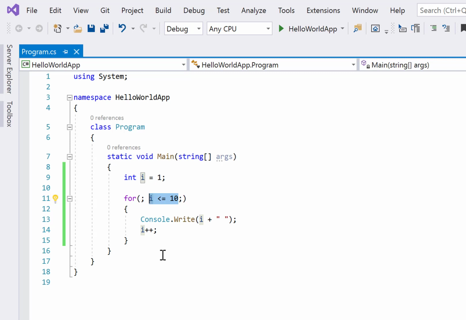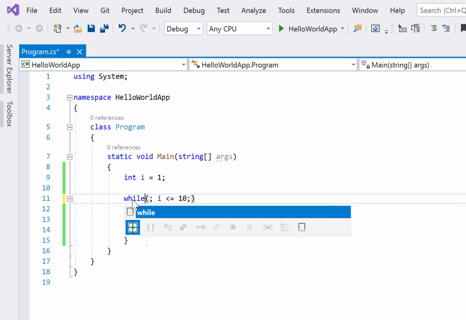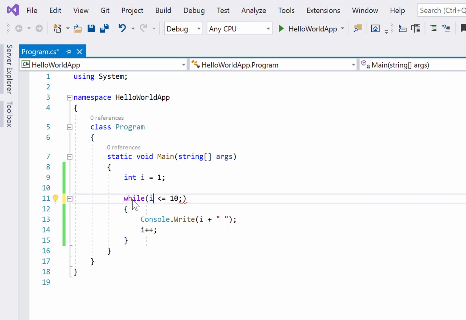Now let's talk about the while loop. In a while loop we have only one statement inside the parentheses, and while loop says while. So we say while this condition is matching, then do this, right? So in a for loop we have three things: we can do initialization, condition, and the increment, but here in a while loop we only put the condition. It means this for will change to while, and then we have to remove this part as well, and this part as well, and that's it. Now everything will remain the same.